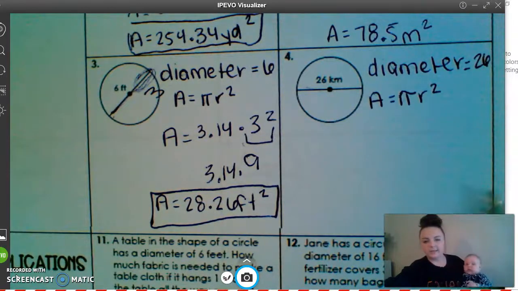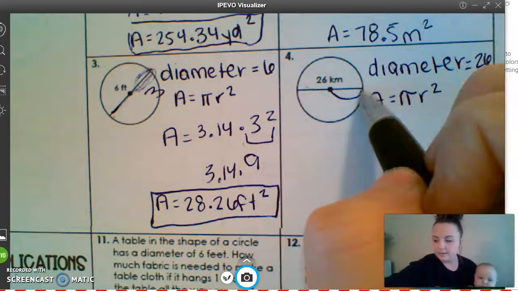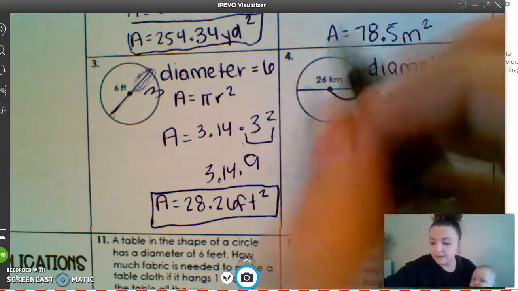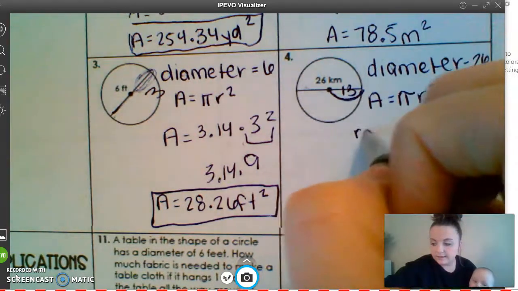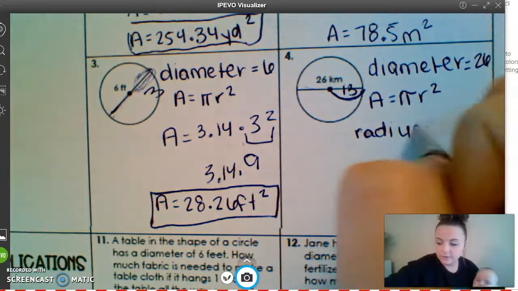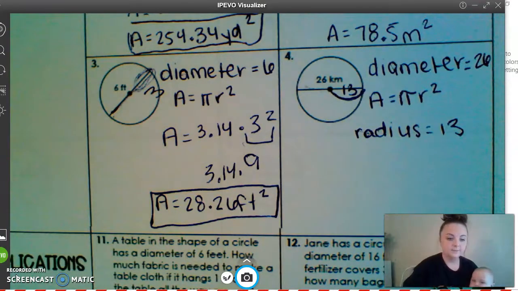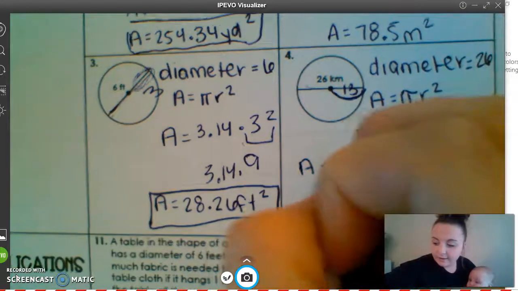Well, how do I get the radius from the diameter? If all of it's 26 and I only want this piece, I only want that part, well, you divide it by 2. So 26 divided by 2 is 13. So my radius equals 13. You are fine. So since the radius is 13, I can then plug it into my equation, and I would have A equals